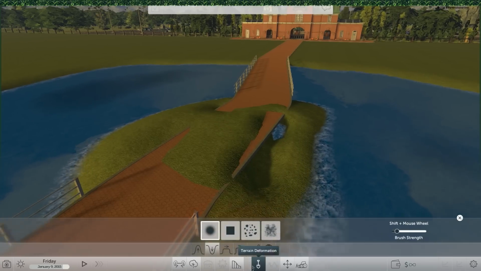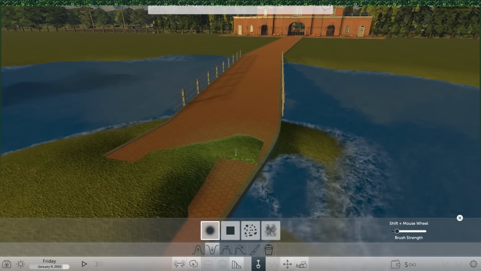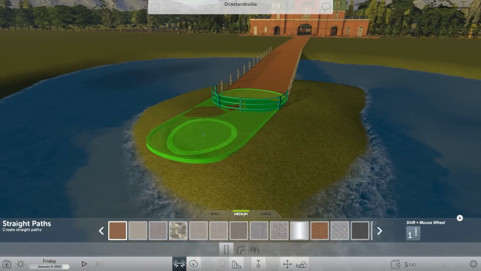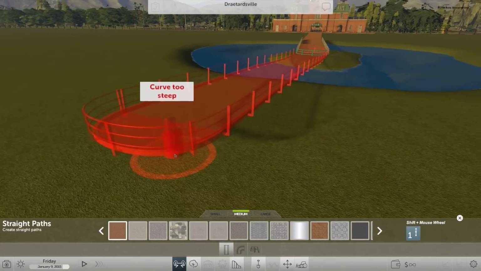We're going to lower this brush strength here and just keep touching it up. I don't know why it's so finicky right here. It doesn't seem to want to go down. Okay, that's looking actually a hell of a lot better. So there we go, and unfortunately, once again, it's going down a little bit, and if I raise it, the curve is too steep. I wonder how far...